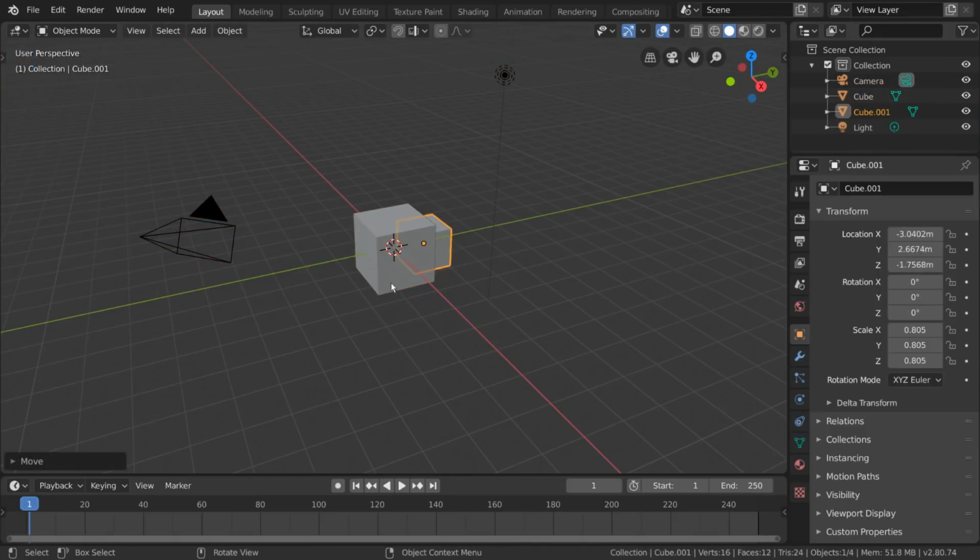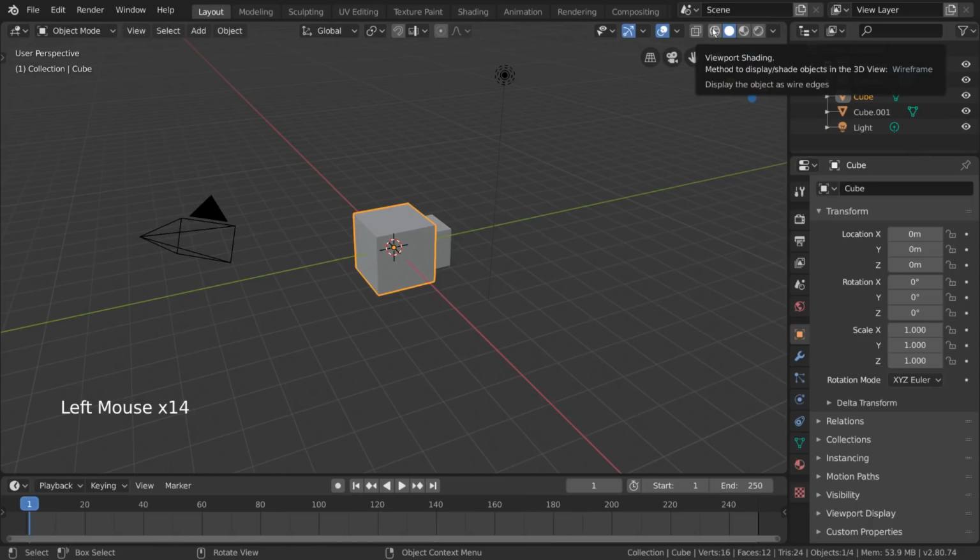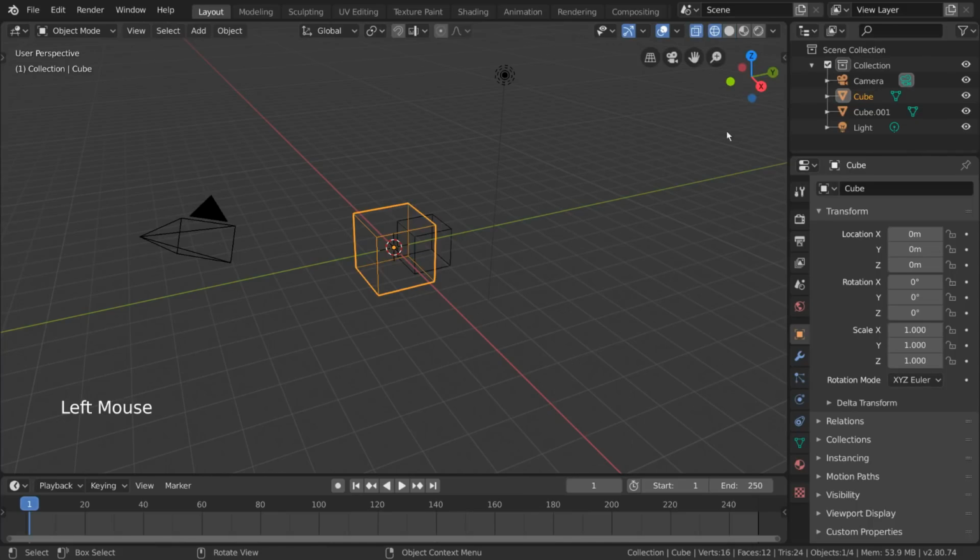Now, just a quick tip. If you have objects or geometry obscured by other objects or geometry, it may be difficult to select them. To help with this, I recommend using wireframe mode, located here, to see through your objects. This makes things easier to select and also allows for selection tools like Box and Circle Select to include otherwise